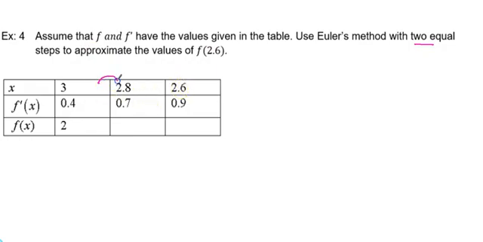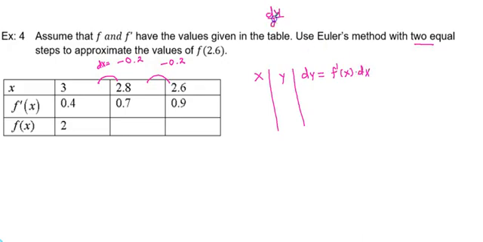So this is what you will see: what is your dx value? Dx is negative 0.2. Here dx is negative 0.2. So you can still make the table of x, y. Here the equation would be dy is equal to f prime of x times dx. We know that dy/dx is f prime of x. So dy is f prime of x times dx, and this is your new y. So it's not like you need to have a table. You can start from here.